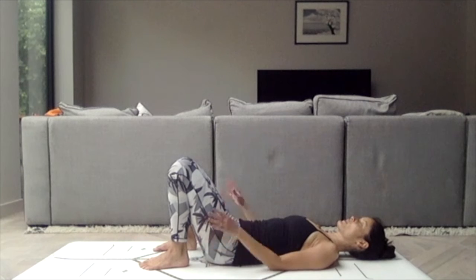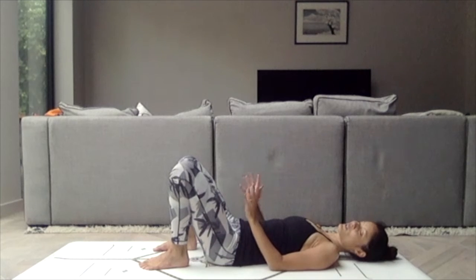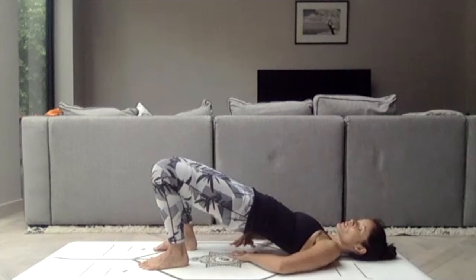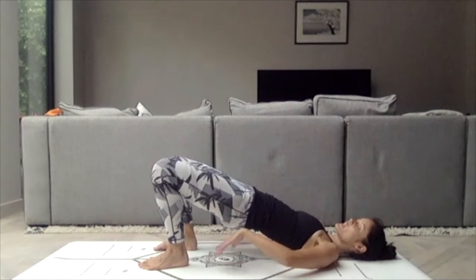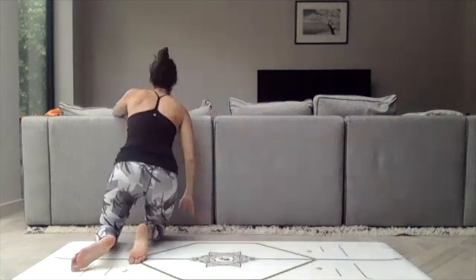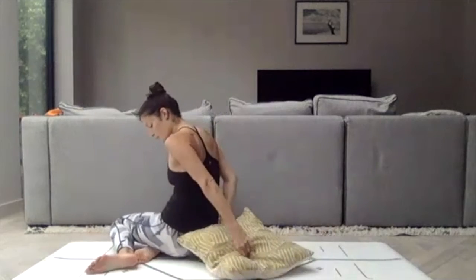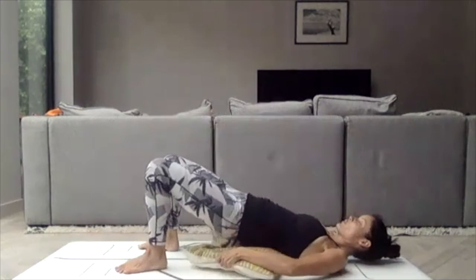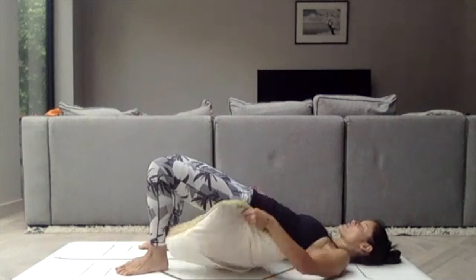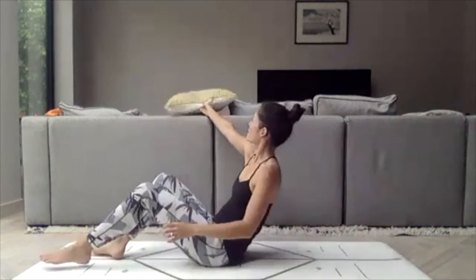If you want to have something a little more restorative, you're going easy on yourself today, that's absolutely fine. Maybe you want to grab a couple of cushions and elevate your seat up and then just come to lie on it. So just bring a couple of cushions underneath your sacrum or your sit bones, or you can build yourself up and then you can just stay here for a few breaths. Otherwise, for a more active stretch,